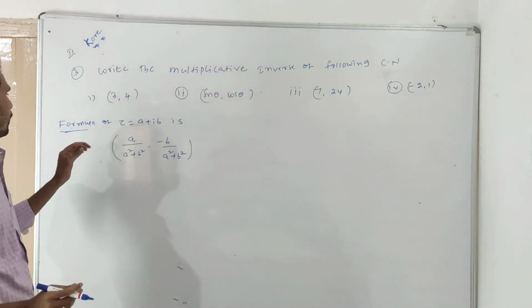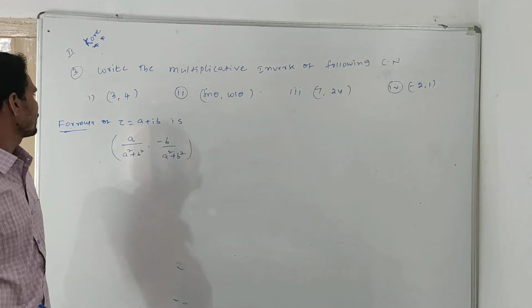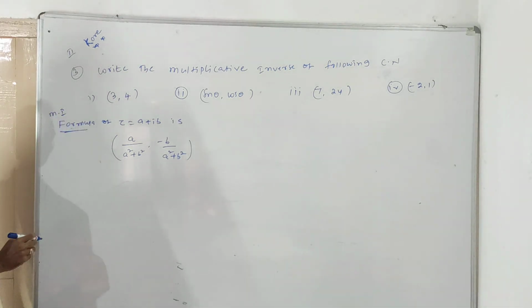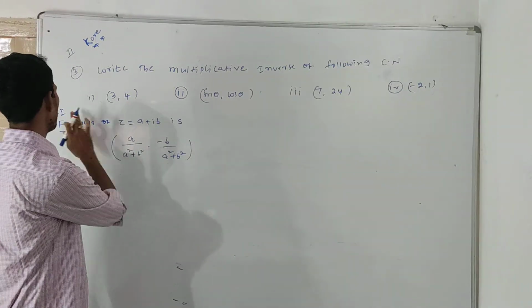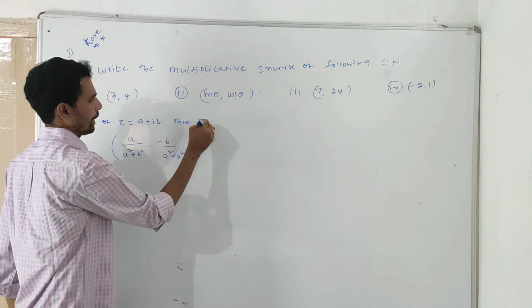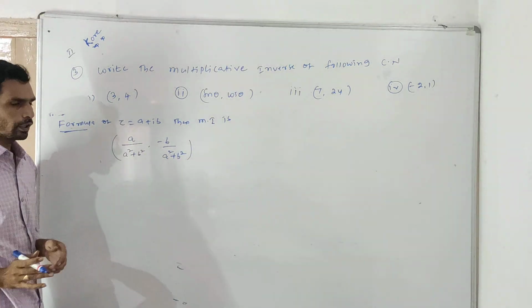What is the formula? If Z is equal to A plus IB, then its multiplicative inverse is A by A square plus B square, minus